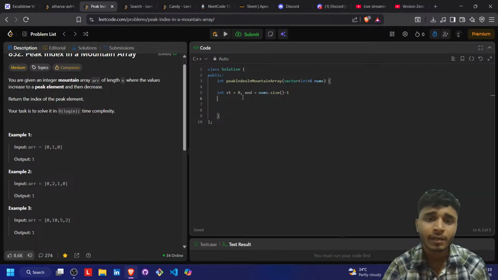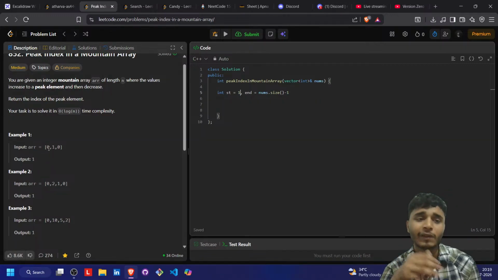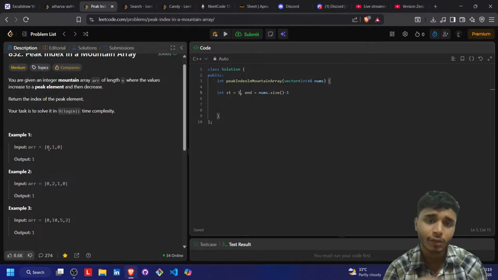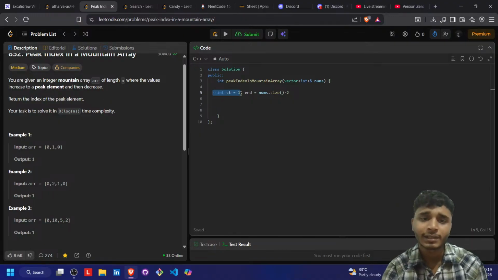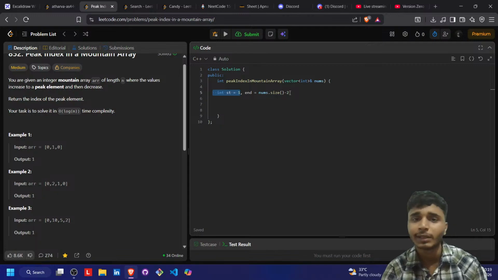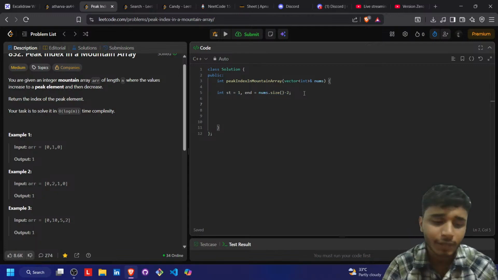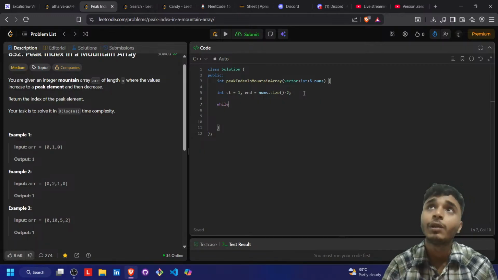Here start will start from the first index instead of the zeroth, because we already know that the peak will not exist at the very first or at the very last index. That's why we will check from the second value to the second last value. And after that, we will use a while loop